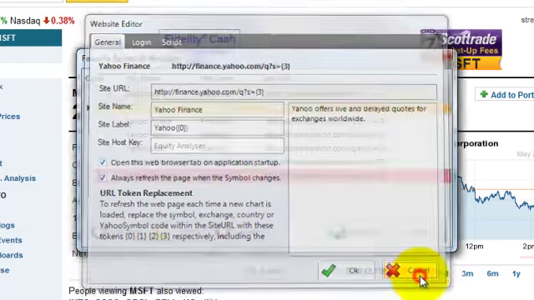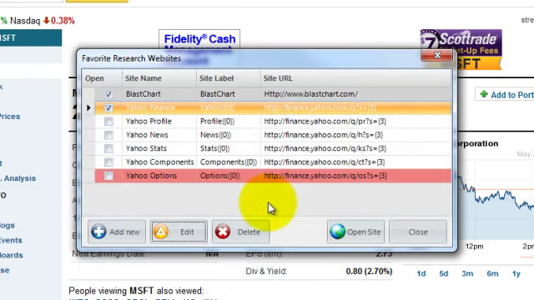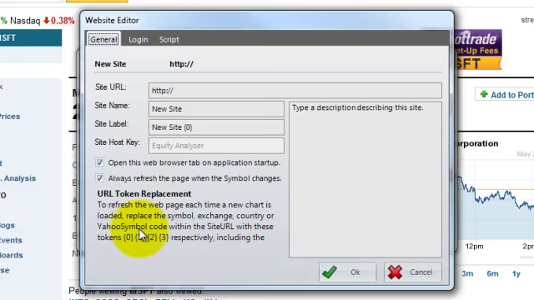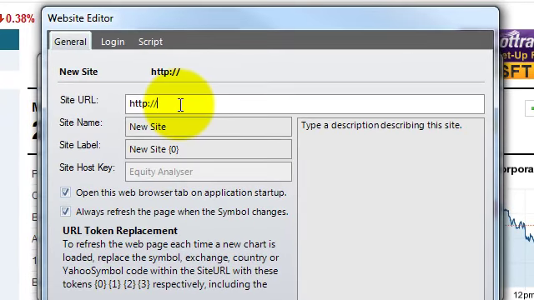Okay, let's close the edit window and learn how to create our own favorite website record. Click the Add New button. This opens up the website editor window, which is pre-filled with default values. For this exercise, let's use Google Finance as our website. The URL of the site is